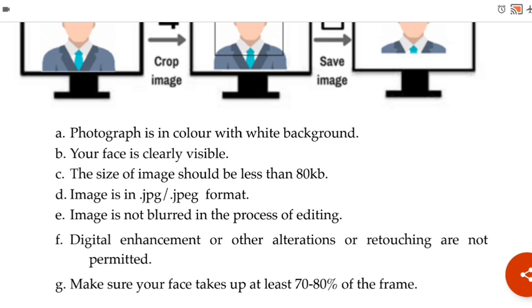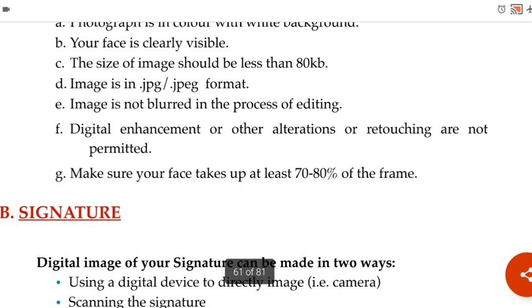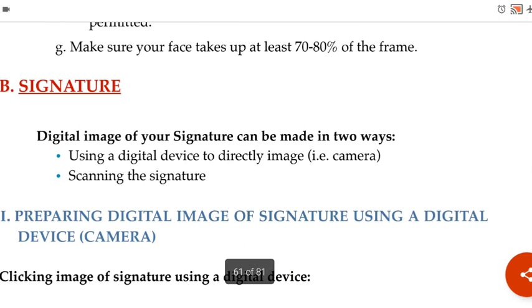It's in JPG format. The image should not be blurred in the process of editing. If you find a blurred image, then you should take the photograph once again, because it might result in rejection of the application. Okay, and make sure that your face takes up at least 70 to 80% of the frame of the space. Signature. There are two ways you can use your digital device to directly